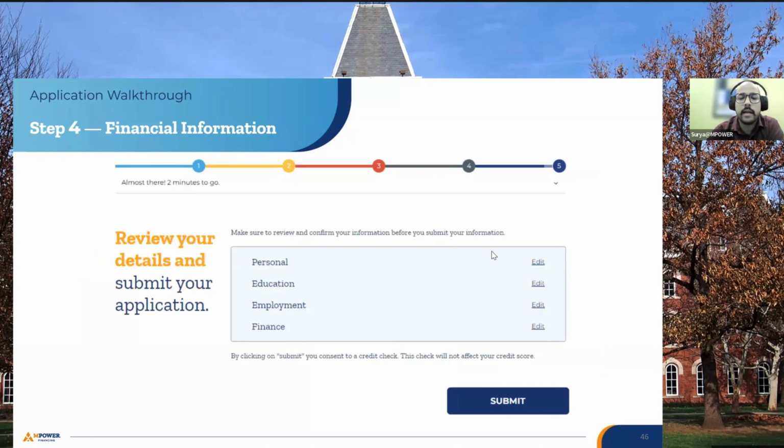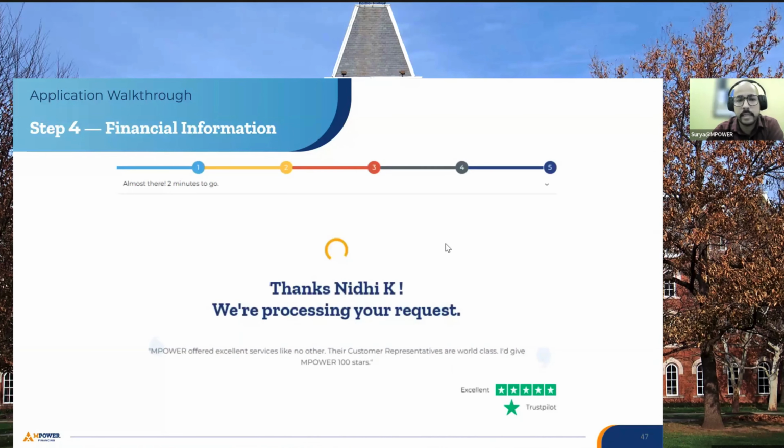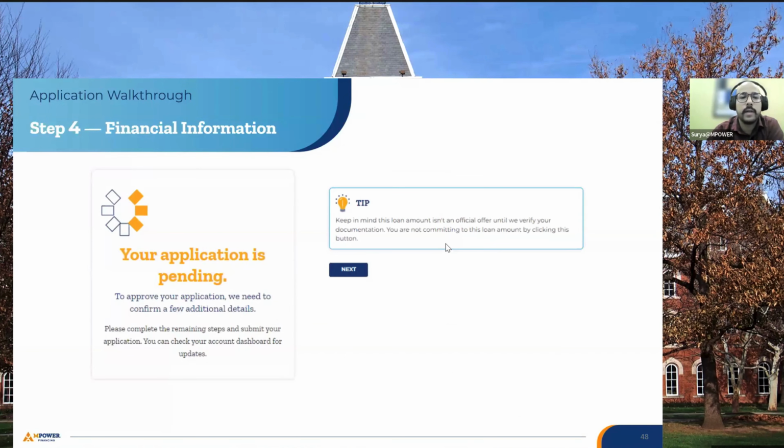Now, once it is done, this is the final step where we are giving you permission to go back and edit if you feel that there is some information which you might have made a mistake in. You can definitely go to any of the sections and edit it here. Once that is done, your application is being submitted, and then you will see a similar status on your screen.